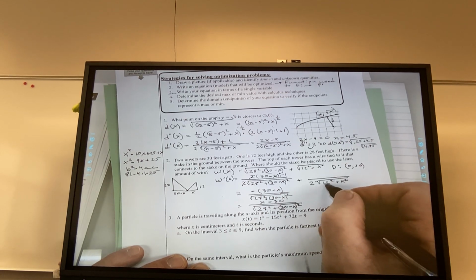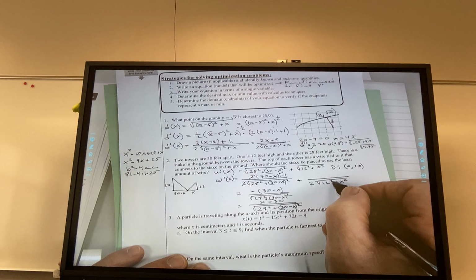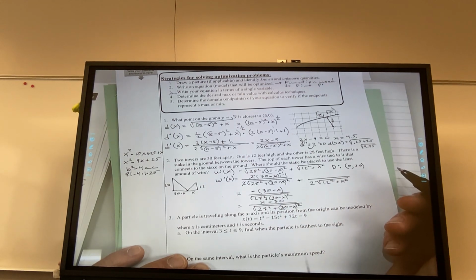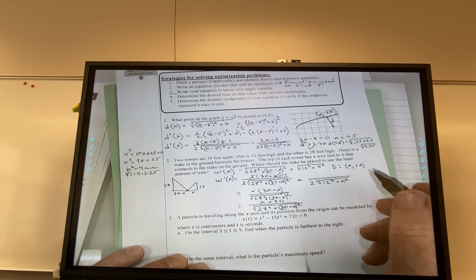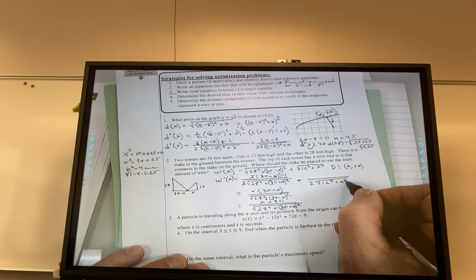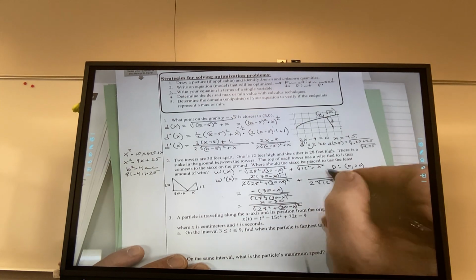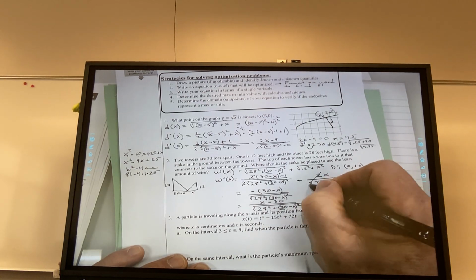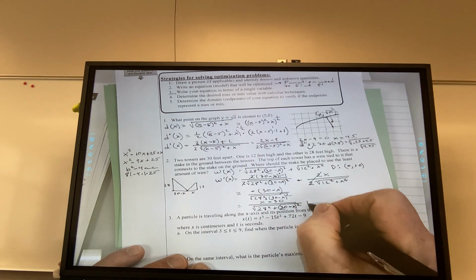The derivative of 12 squared, it's a constant, so it's going to be 0, correct? And the derivative of x squared is what? 2x. And I can simplify those 2's. So down here I have plus